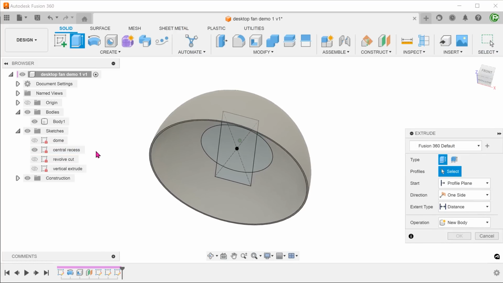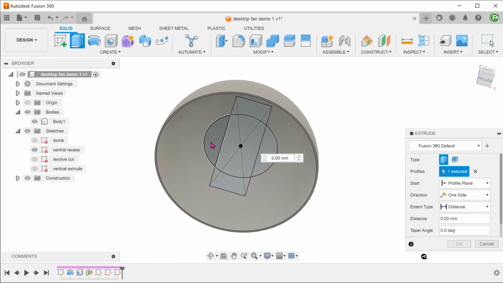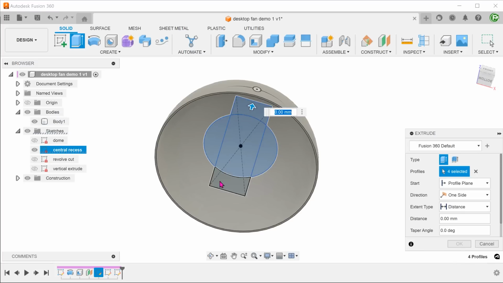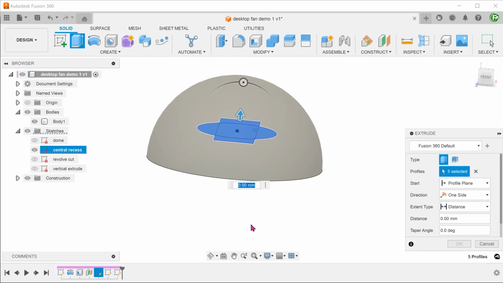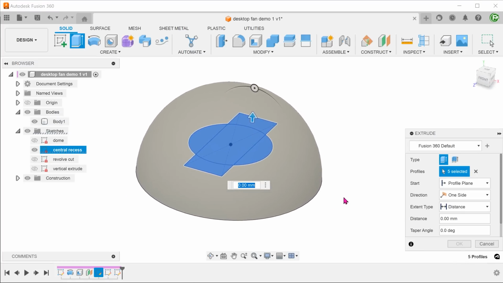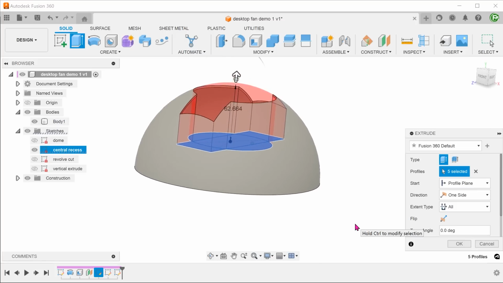Create an extrude with this profile. Set extent type to all. The extrude will automatically extend up to the dome.